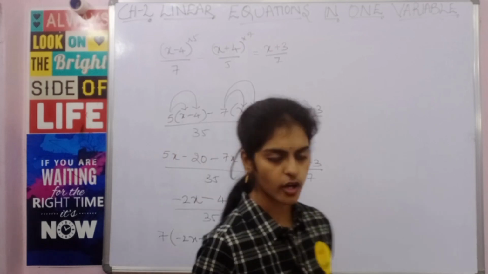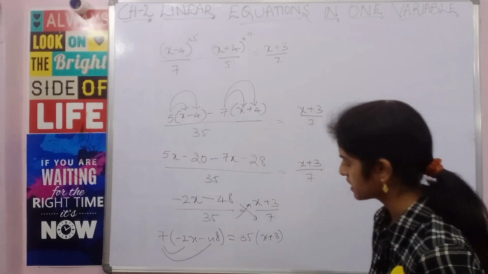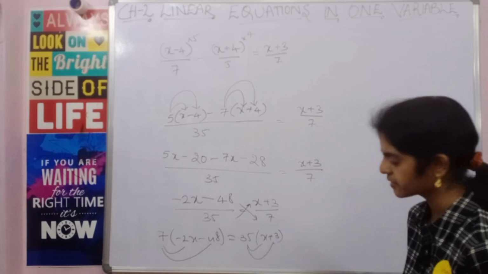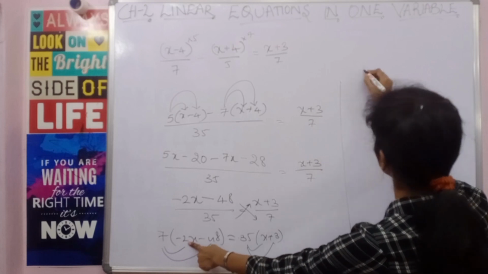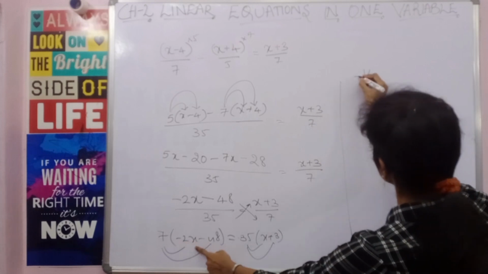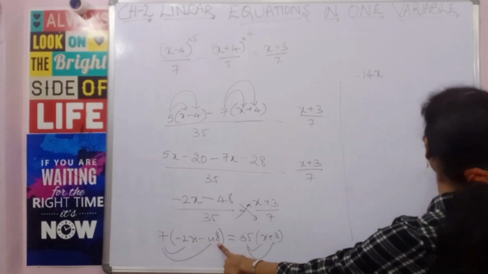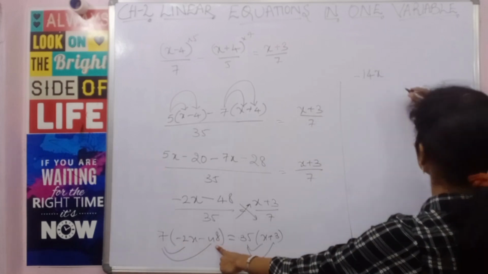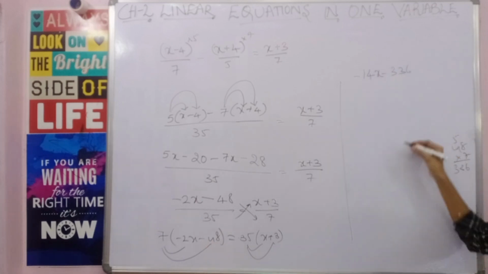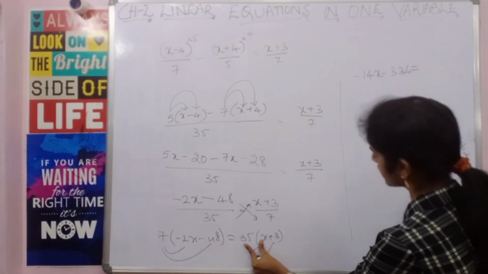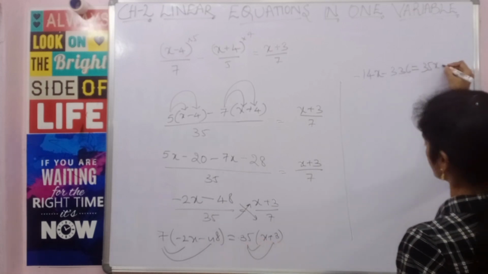Okay, so let us solve. Again here also you can see 7 you will multiply with both the numbers. Here 35 also you will multiply with both the numbers. So this is nothing but 7 into 2 is 14, but you have minus 2, so it is minus 14x. 7 into minus 48, so 48 into 7 is 336, but you have a minus, so minus 336 is equal to, so 35 into x is 35x and 35 into 3 is 105, so you have plus 105.